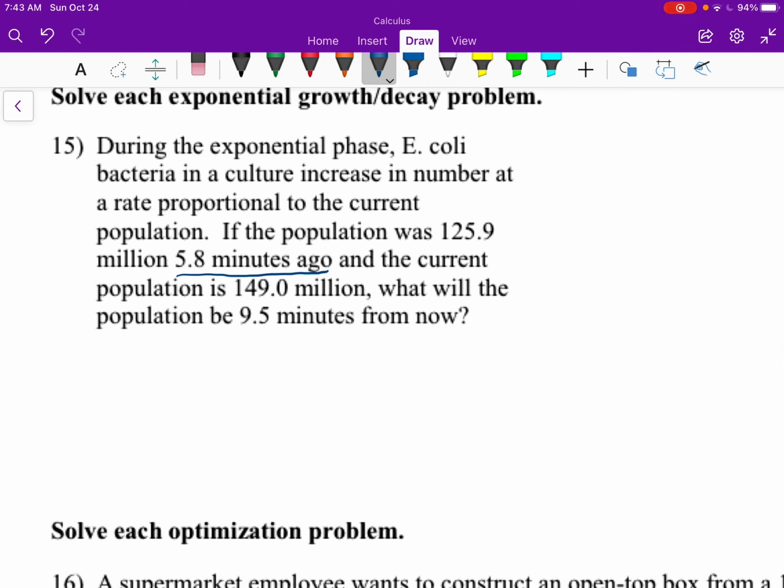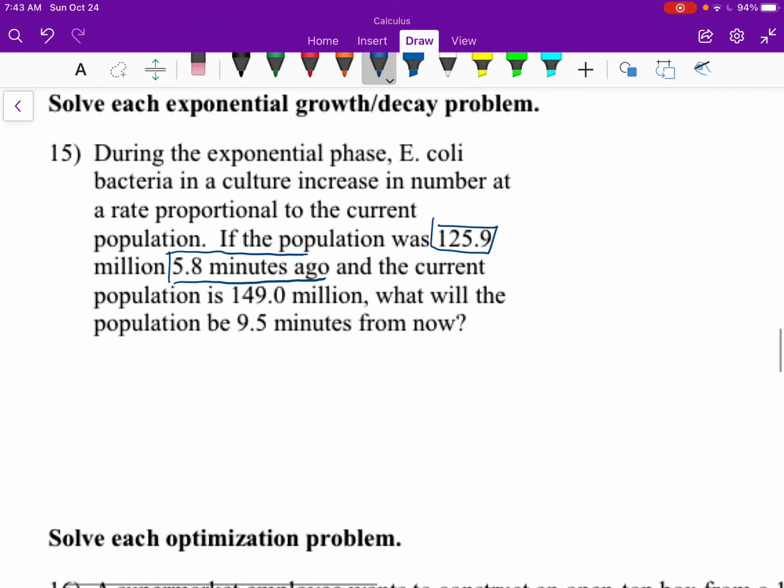All right, so this is a pretty straightforward one because we do have the initial amount. So we can use just our general equation for this, A of t. The amount after time t is the initial amount times e to the kt. So this is our later amount. This is after 5.8 minutes. We had